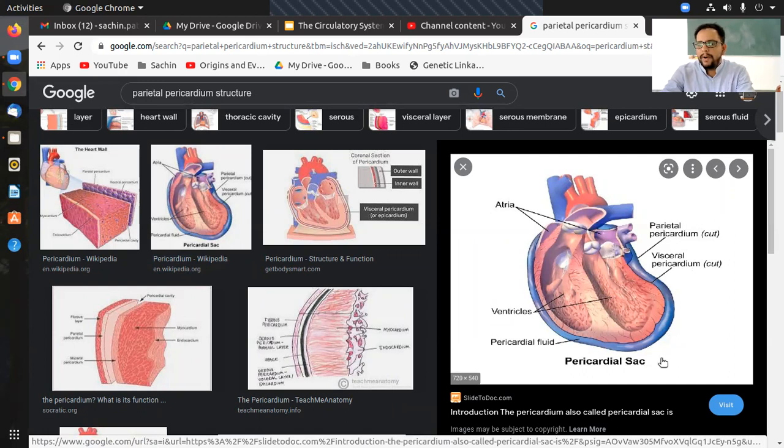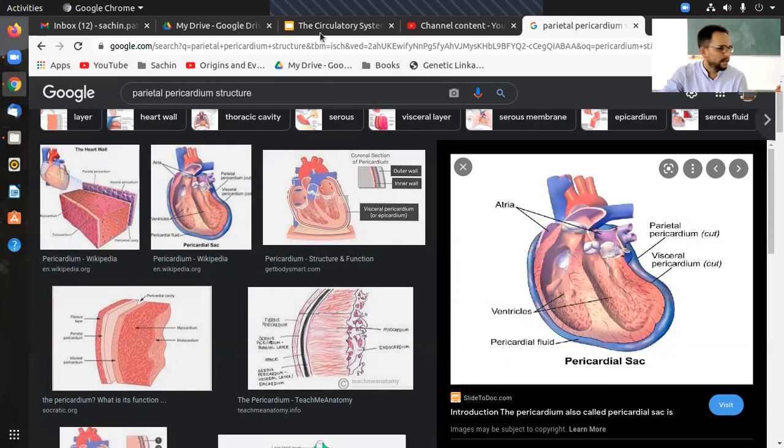Okay, so what I wanted to show here in this diagram is, you can see this blue structure which is being shown. Here it might just appear like a layer around the heart, but this is actually a complete sac-like structure. If you can pick it up and put the heart back in that blue sac-like structure, that is the pericardium. And the cavity generated between the heart and pericardium is called the pericardial cavity, which is ultimately filled with the pericardial fluid, which is a serous fluid, like that serosa layer. So I hope structure wise it is clear.